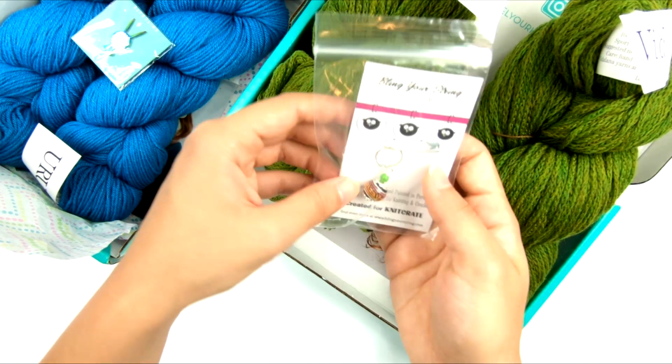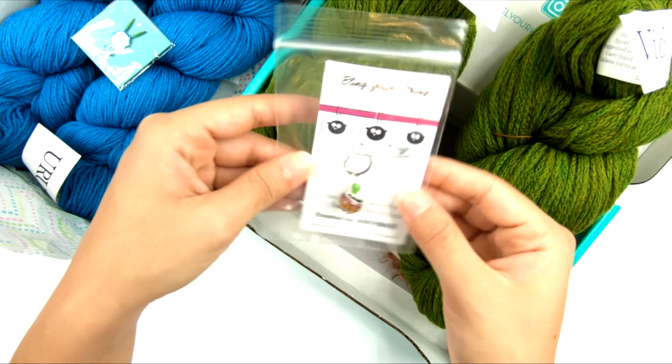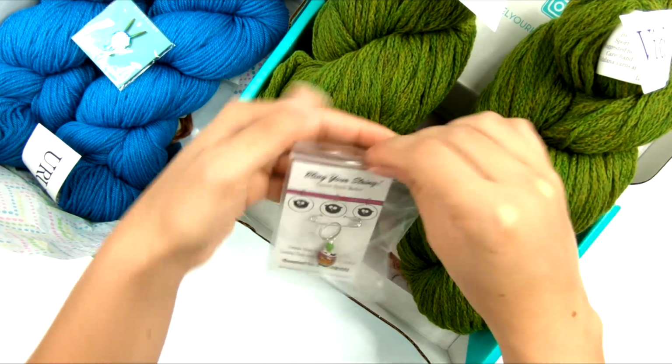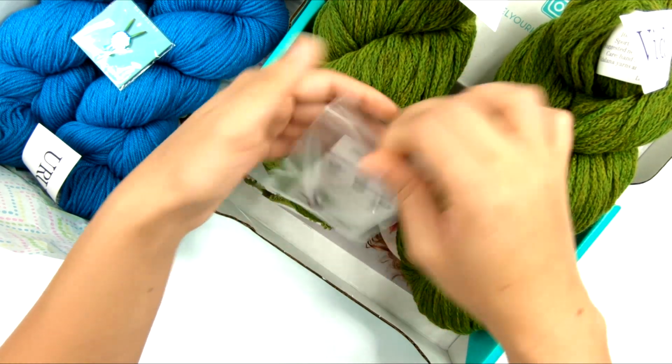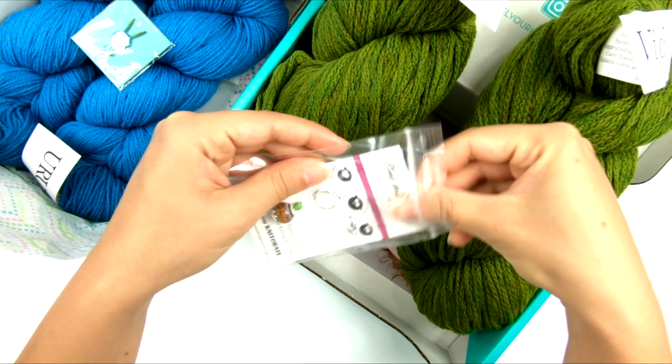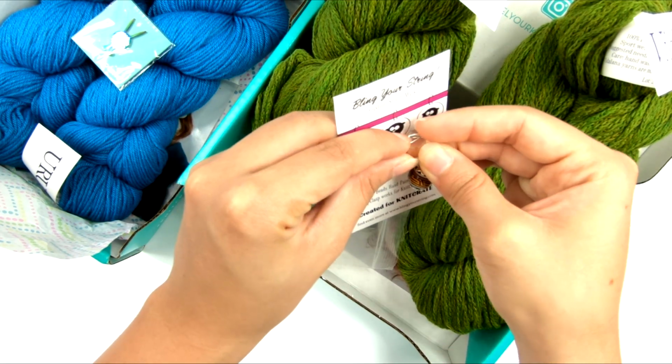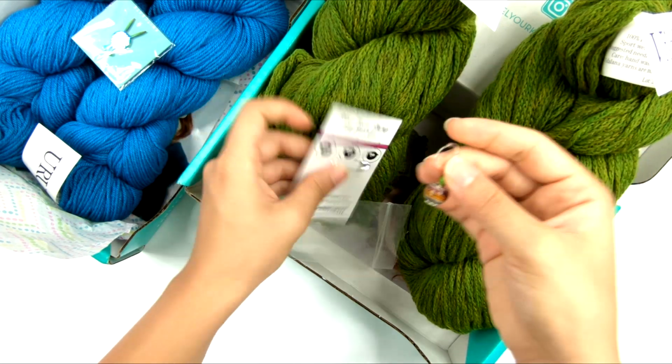And then we get a little stitch marker. Awesome. So this one is on a leverback clasp, I think. I think that's what it's called. But it's kind of like a lobster clasp, but bigger. So what I like about this kind of clasp is that,